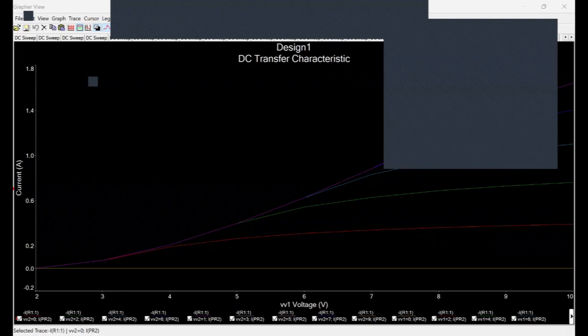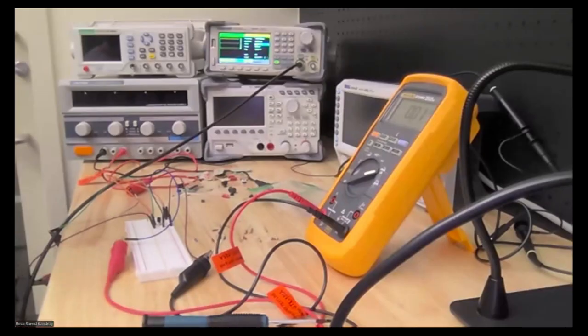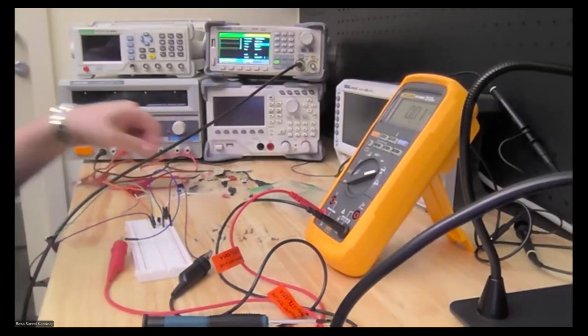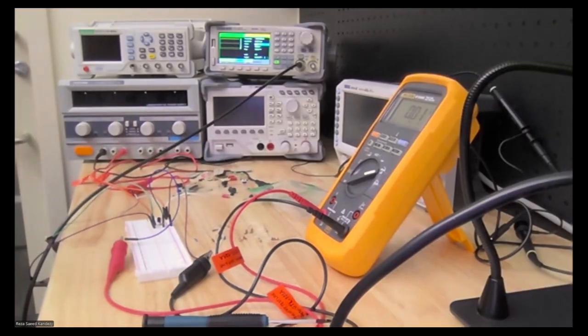Okay, let's go through the actual experiment in the lab. Okay, let's start with the actual experiment in the lab. Now, before we start, we need to talk about how we can